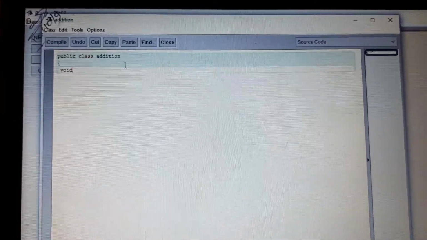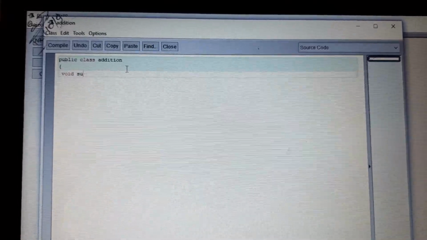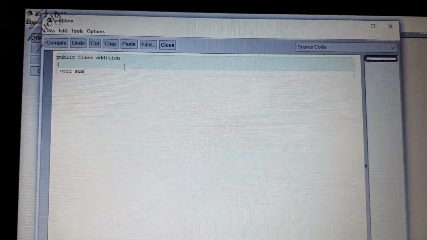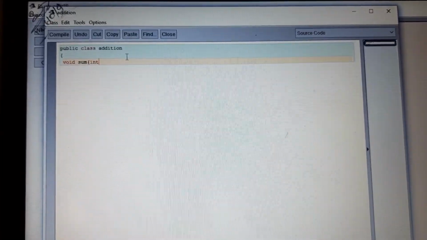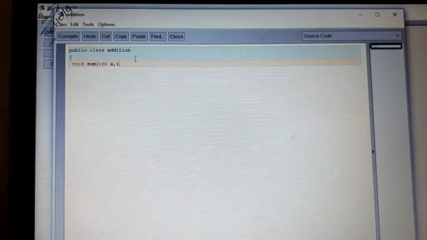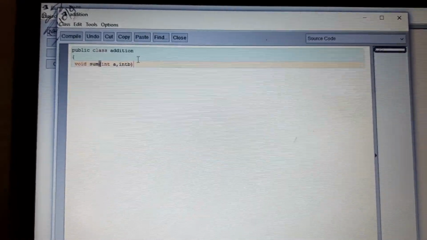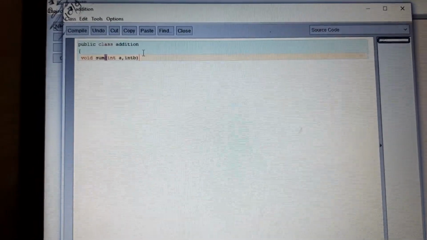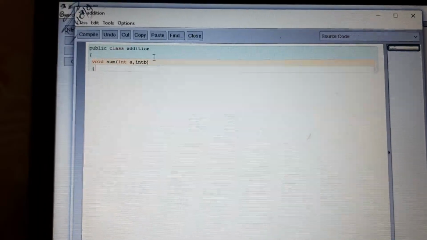Then the function name, which must be user friendly because it is an addition of two numbers. And then two numbers will be inputted by int a, comma int b. Okay, this is the way for inputting the values of a and b. Then curly bracket means opening of function.